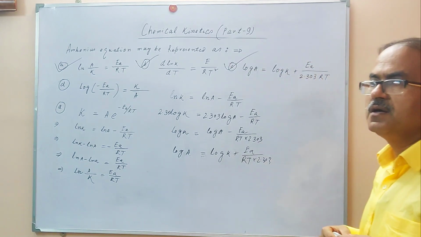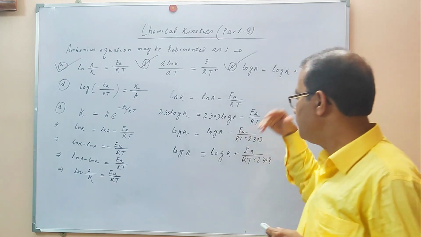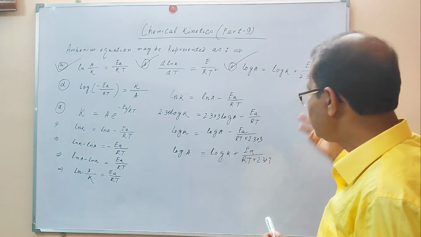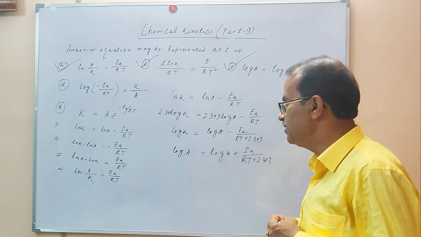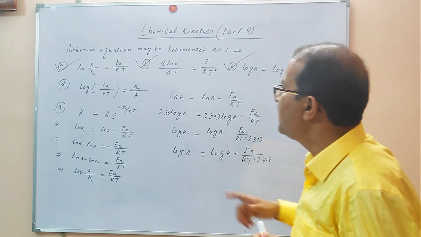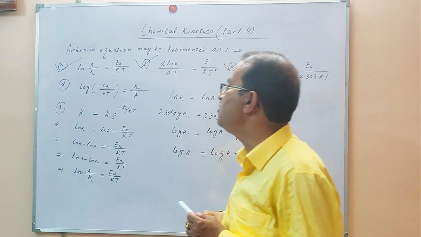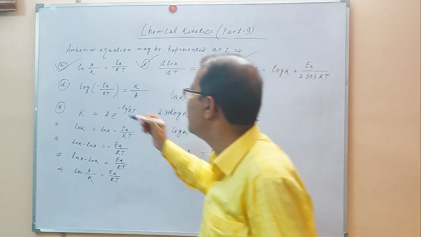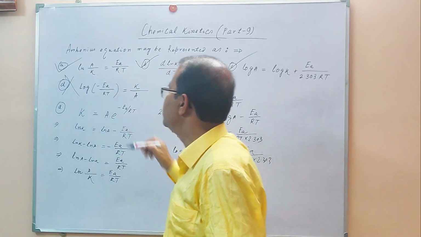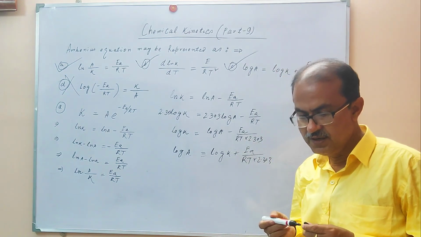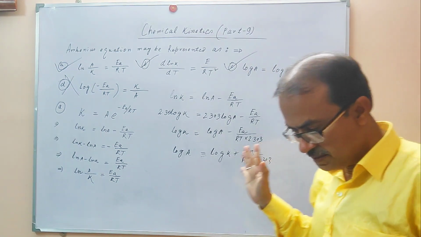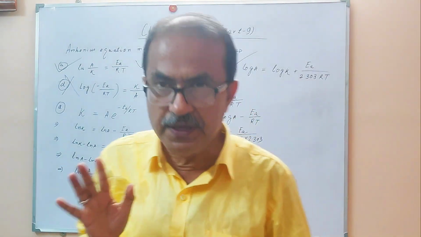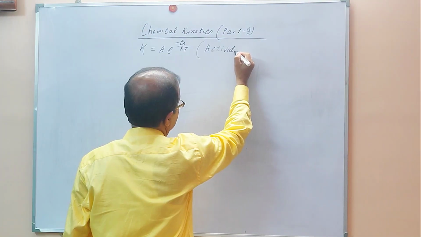The Arrhenius equation can be represented like this question. We can do this, right? But this is not possible. You can write it, but this is not the correct thing. This is not a correct way of representation of the Arrhenius equation. So this is all. Now we are going to discuss